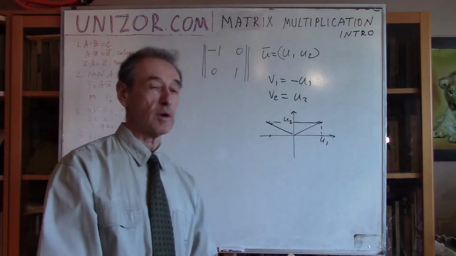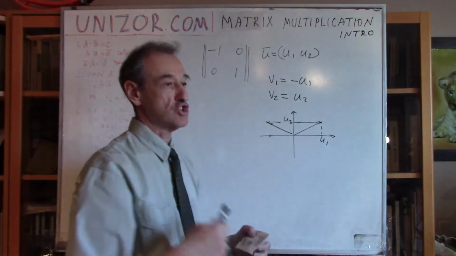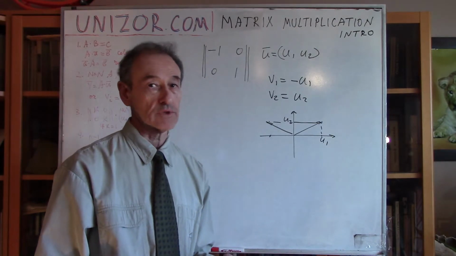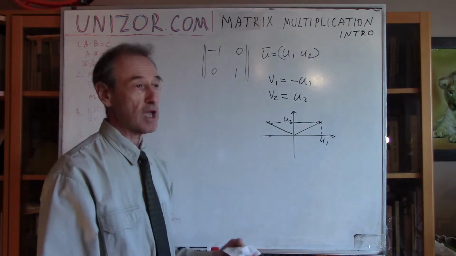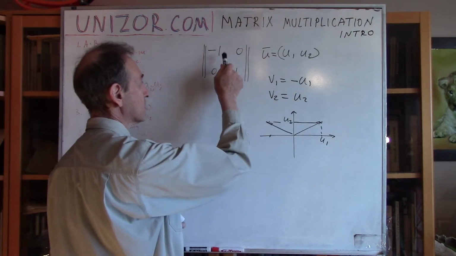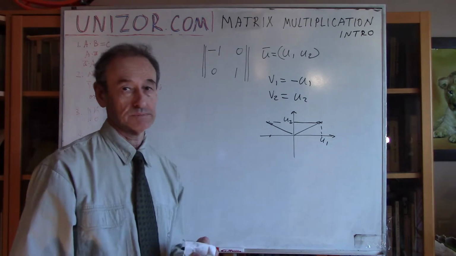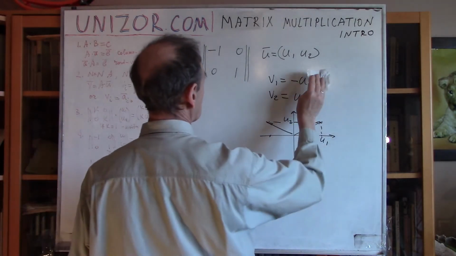So again, we can talk about reflection, and we can talk about these changes of the coordinate. But at the same time, we can say that exactly the same transformation can, in a matrix format, be represented by a product of this matrix by a vector. All right? Next example,